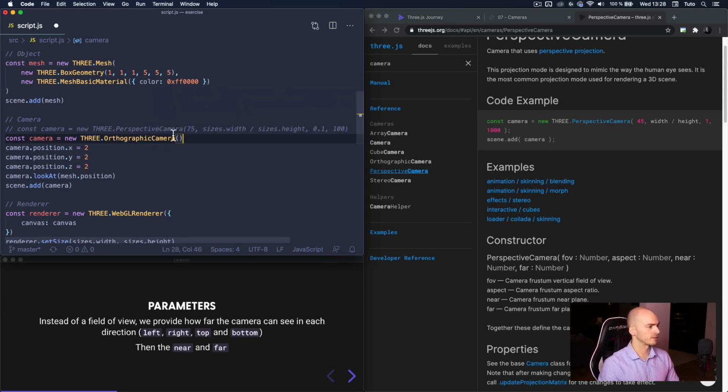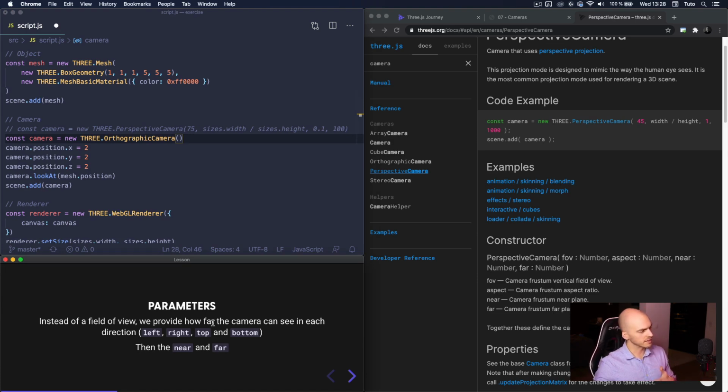So what about the parameters? First, we need to provide a left, a right, a top, and a bottom. This is very strange, but it's perfectly logical. We are going to say that your camera is not doing like a cone like that. It's not a render that looks like this. It's more like a square or a box or a rectangle at least, and you will do a render like this, like parallel renders,